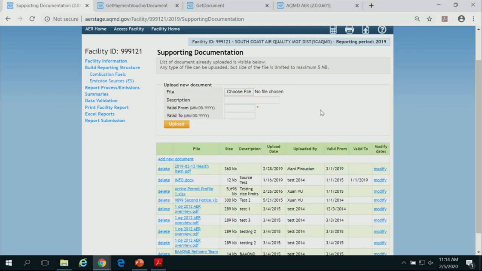Instead of uploading it every year, the first time you upload it, you put the valid from as today's date, but it's good for 3 years. Next testing is going to happen in 3 years. That's what my permit says, right? So you make the valid to 3 years from now, so every report that document is applicable to, that piece of information is going to appear, so you upload it once.